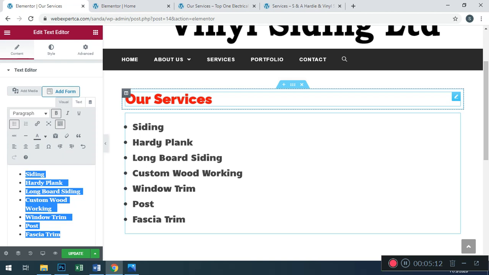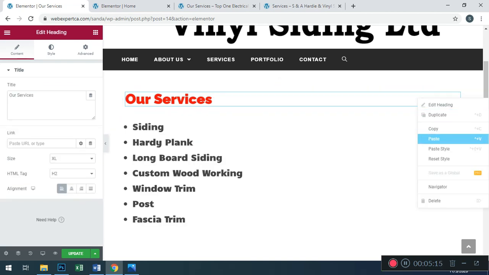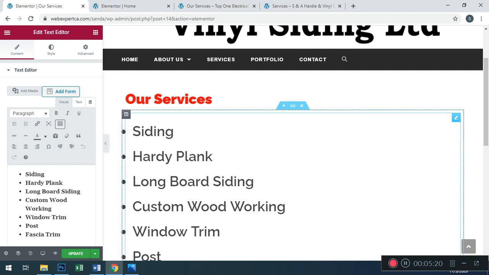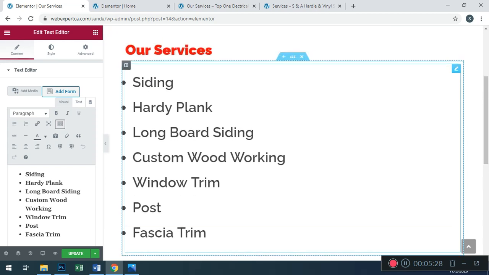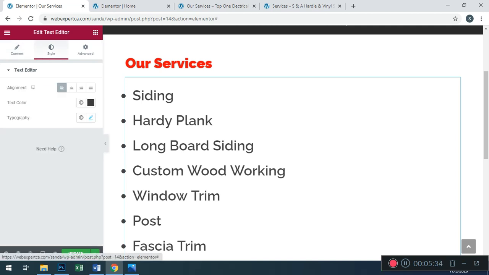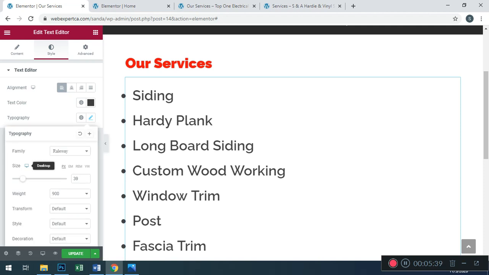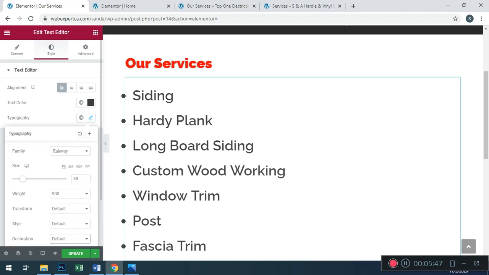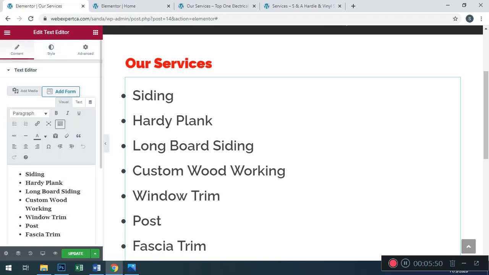But I use this font design. I select this, copy the style, move the style here, paste the style, done. All font settings, all font families, everything is shifted here, done. But in the style I'm going to check the bullet style, if any bullet style is available here. Typography, family, okay, decoration, transformation, content, done.